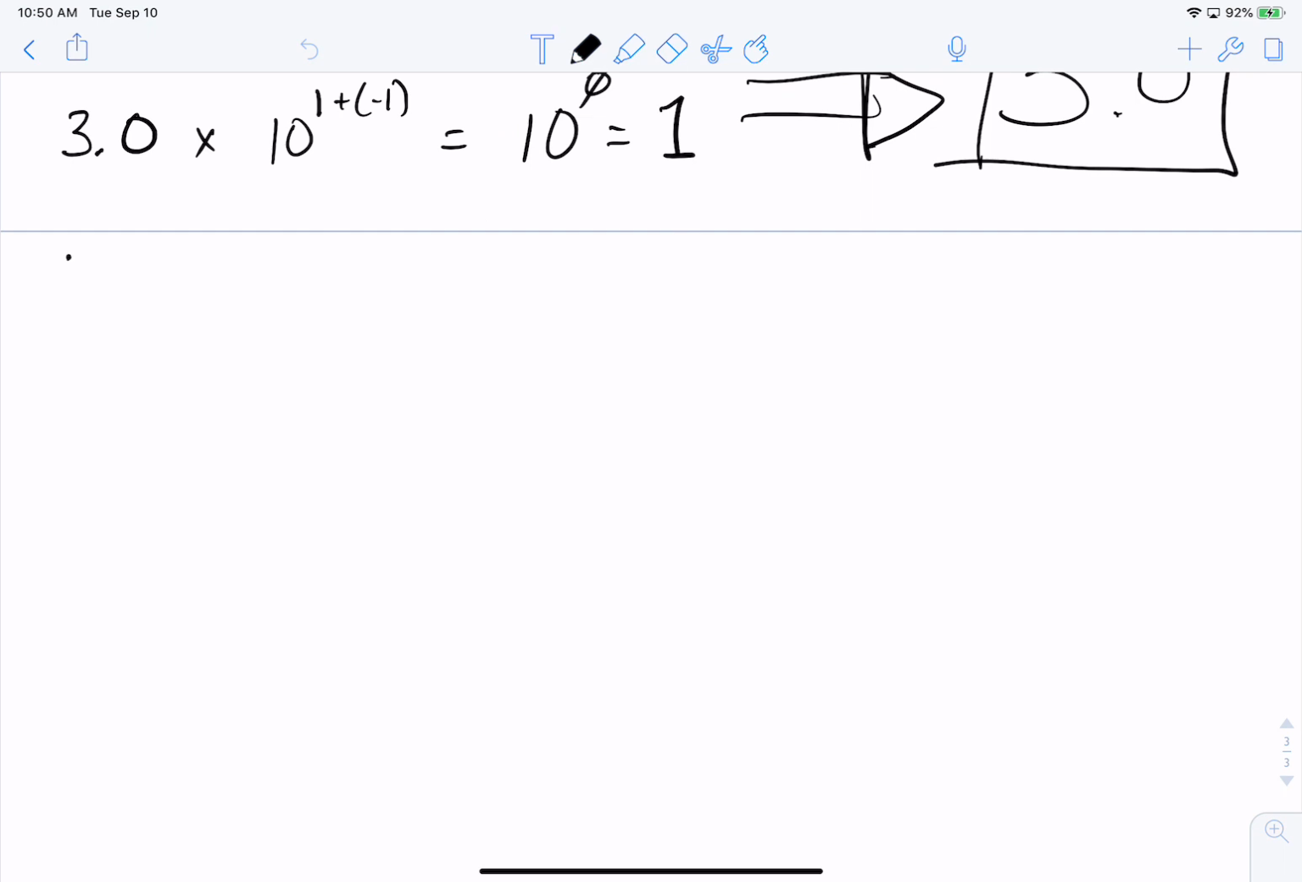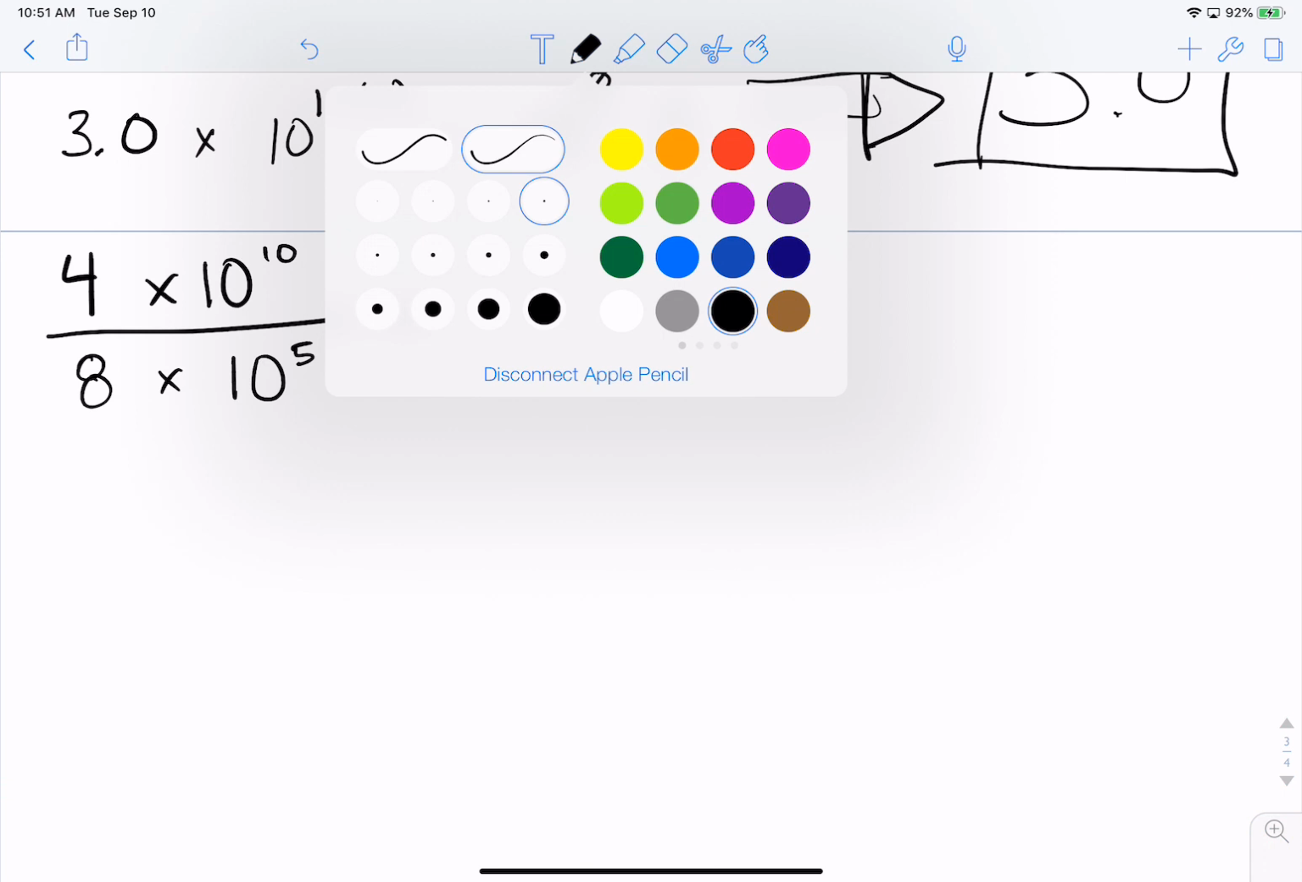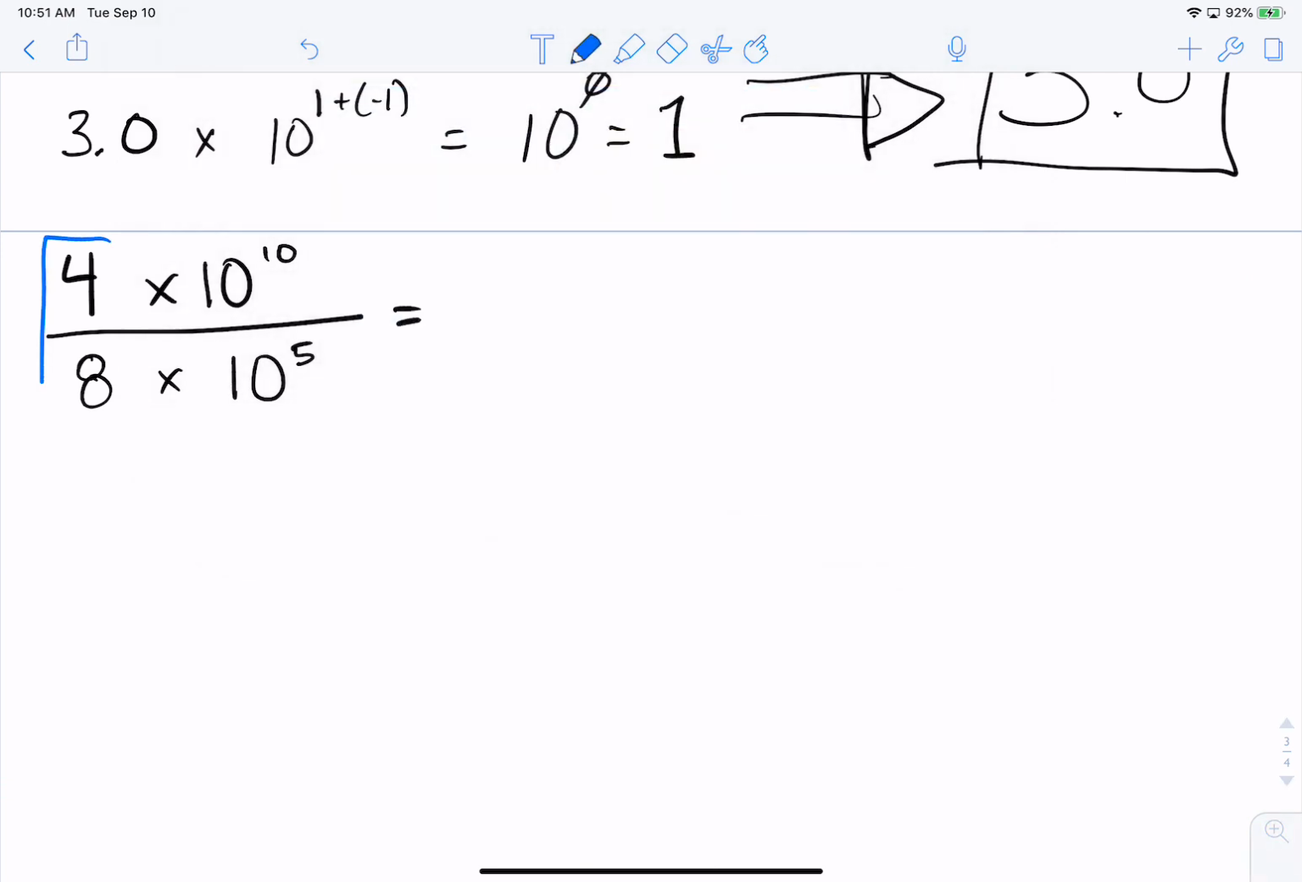So if we had something like 4 times 10 to the 10th, and I asked you to divide that by 8 times 10 to the 5th, what I want you to think about mentally is this. What is 4 divided by 8? 1/2. What's that as a decimal? 0.5, right? So 0.5 times,